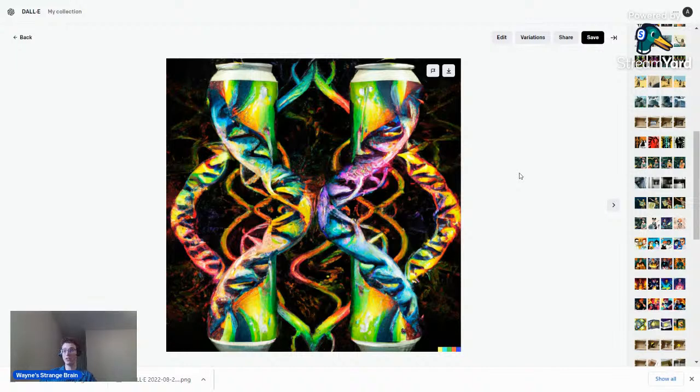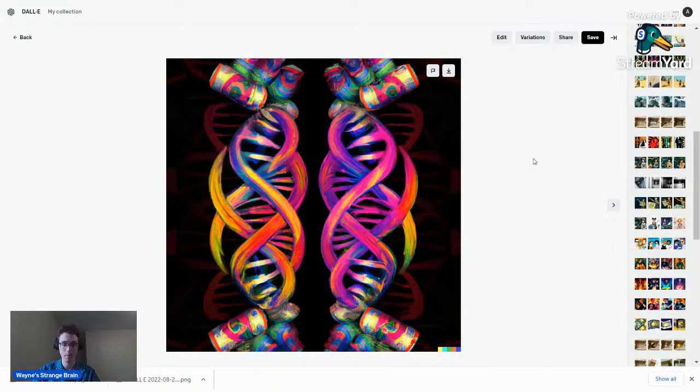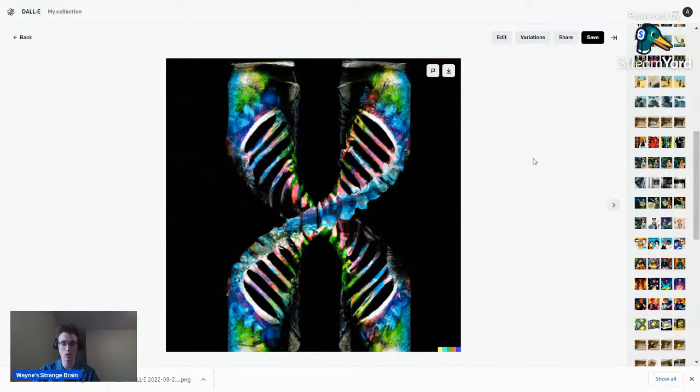You've got the cans capping the DNA, and then you've got the helixes, and it looks awesome. But it's only at the ends, and it is made out of the cans. It's got the can and it's been shredded, so it did a really good job.